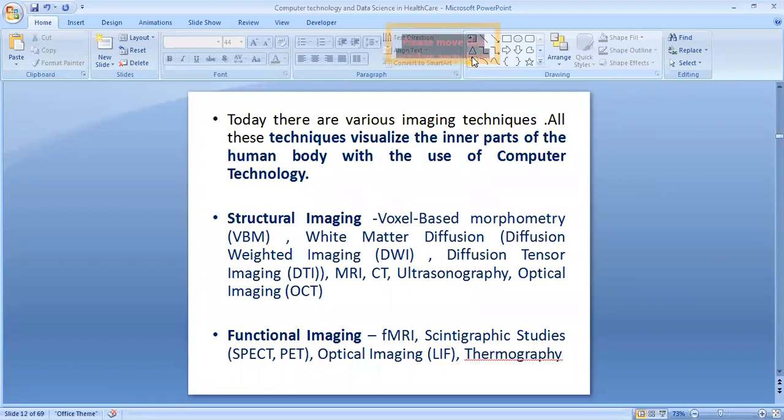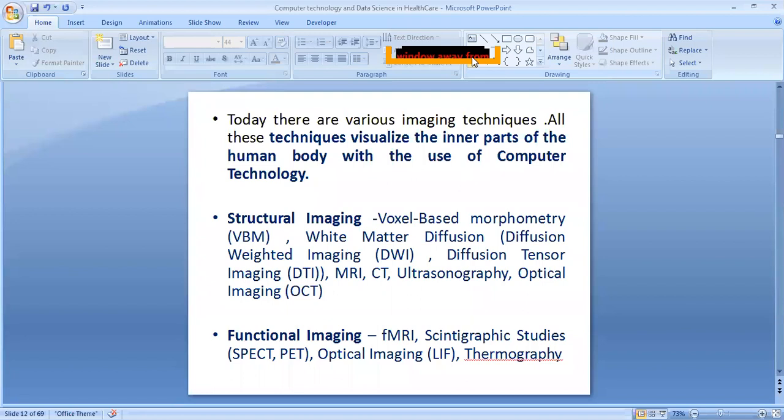Moving on to the functional, there are so many functional imaging techniques wherein we are able to visualize how the functioning is taking place inside the patient's body. If there are any abnormalities or any progressive stage of a pathological condition, we are able to determine it. For example, fMRI is functional MRI, solely working on the brain. It is a sectional imaging wherein we could take innumerable slices of the brain, so that even if a nano-sized, even femto-sized abnormality is there, we are able to clearly show it up in such studies. Then thermography, variations in temperatures.